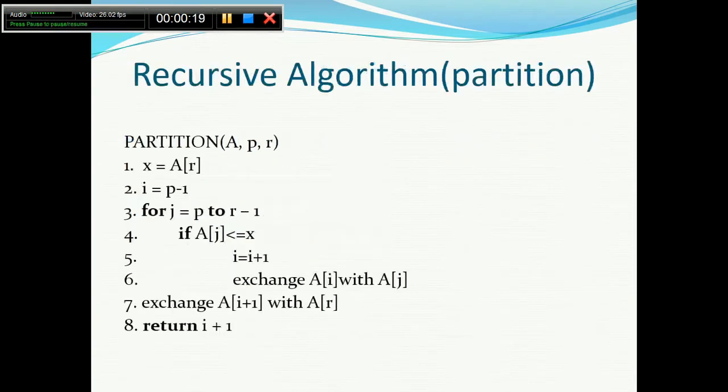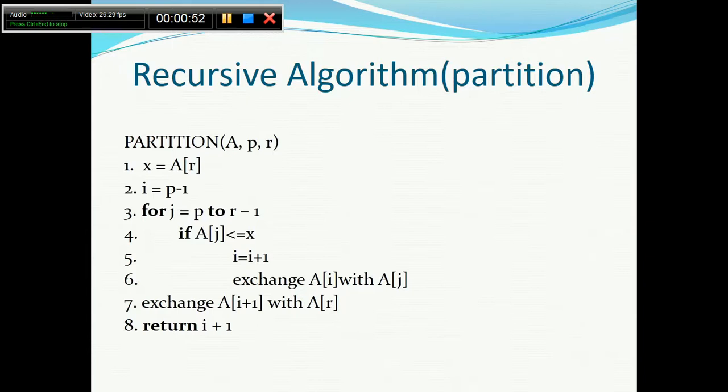Now, before starting the partition algorithm, I will just discuss something about quicksort. Quicksort is a sorting algorithm that can sort a given array. The idea is that it picks a pivot element, and once the partition algorithm finishes, the pivot is at its correct place. That is the target: to place the pivot at its correct place. So how can we decide whether a pivot is at the correct place or not?